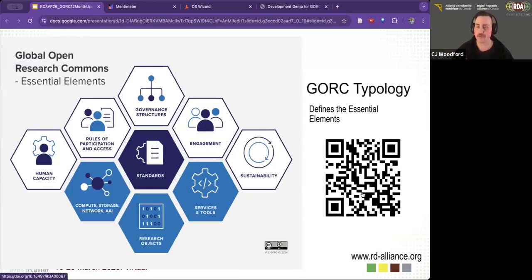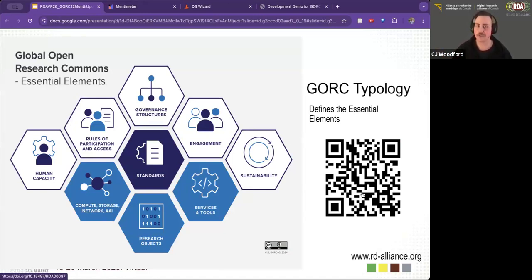The outputs that we have to date and are looking at maintaining in the GORC2 working group include the GORC typology, which is what defines the essential elements. There's a QR code here on the screen, but there are also links in the notes. The typology defined what a research commons is, as well as the essential elements needed to be or create a research commons.